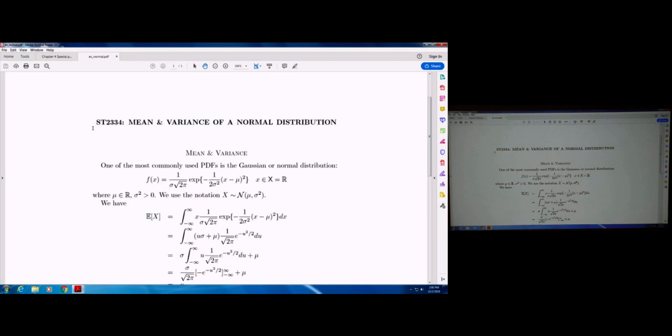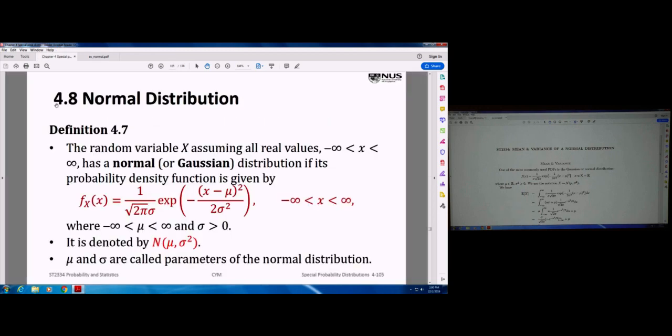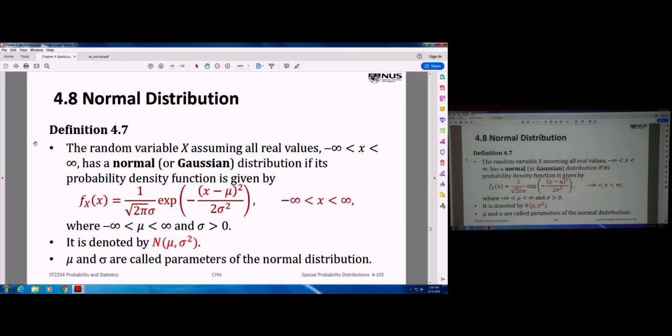And this second sheet is computing the mean and variance of a Gaussian, so we'll talk about that later. Okay, so basically where have we got to? We've been talking about random variables which are continuous. And yesterday we discussed 2 continuous distributions, the uniform distribution, which is basically